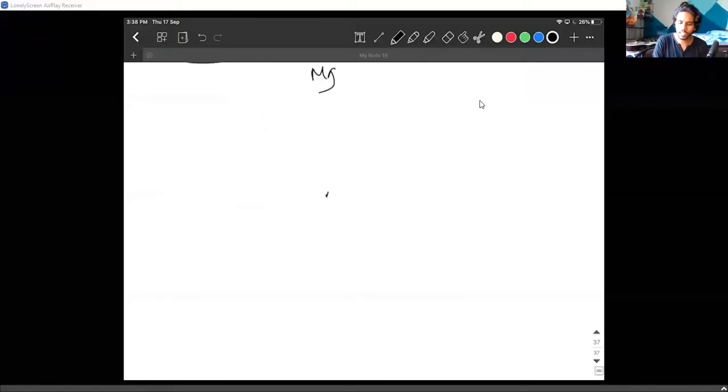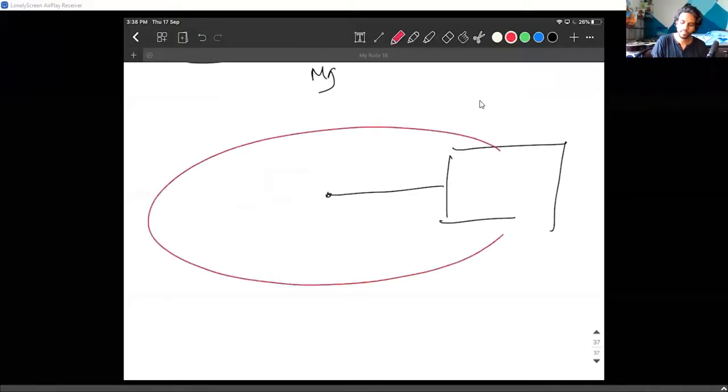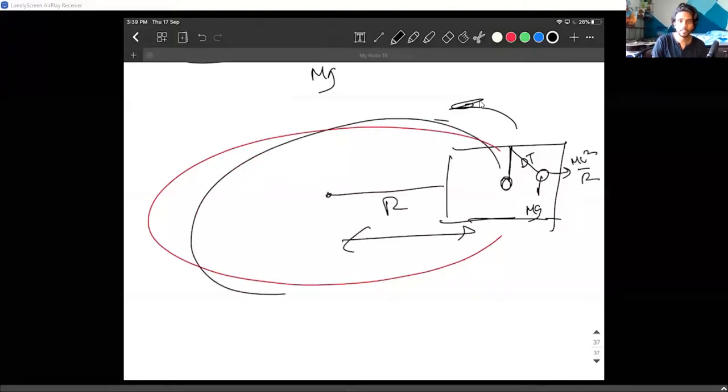You can have questions like a huge container is going in a circular motion. Okay, in the container there is a pendulum that is hanging. A pendulum is simply hanging in the huge container. It is obviously going in a circular motion along with that. But the idea is the pendulum is in there. Because of this circular motion, the pendulum goes away like this, like it tilts. Why? What's the reason? Tension, mg. Because of this whole radius, because of this whole circular motion, you will have a mv square by r. So again, you'll simply have to equate all the forces.